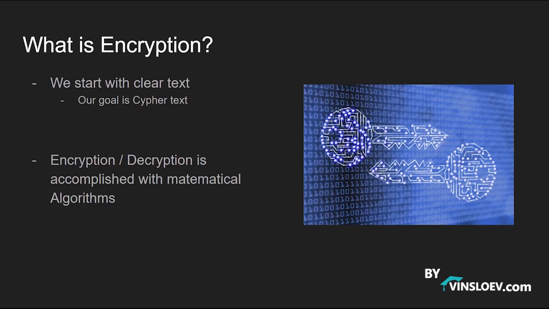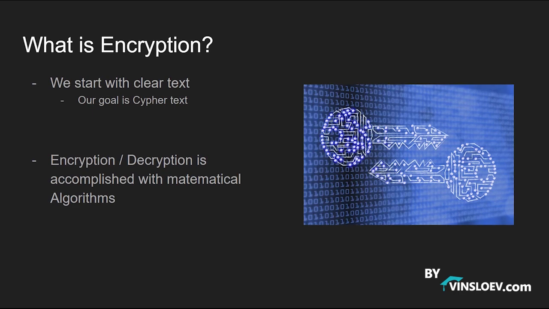First of all, what is encryption? Encryption is when we start off with something in clear text, meaning something that we as humans can read, for example, a text in a document or something that we have entered on a forum on a web page, and then we want to encrypt it such that it is only us and the receiver that is capable of